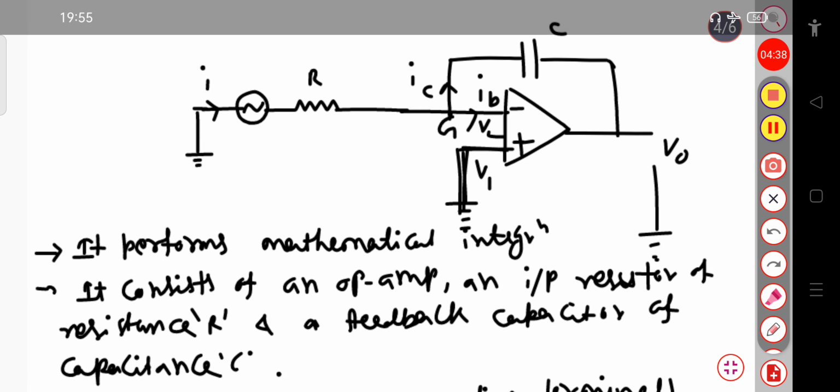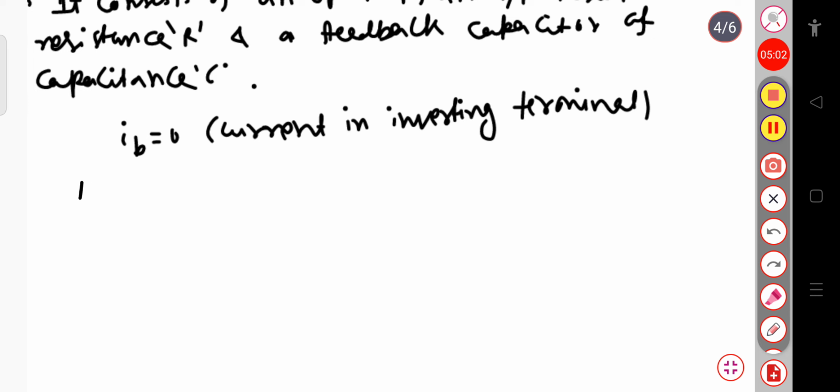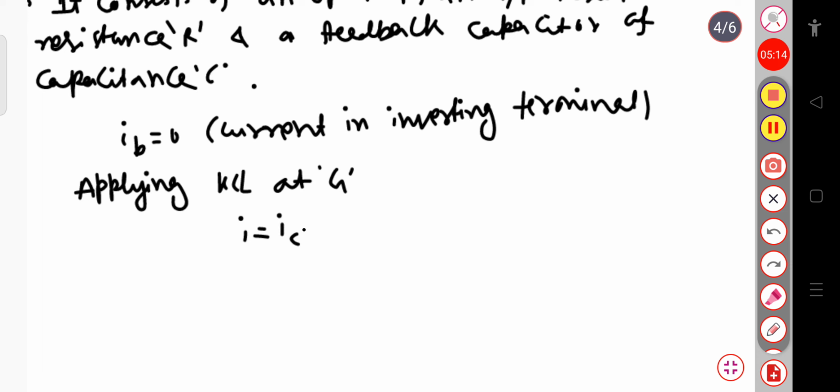Now let us see, if I consider this point is G, and if I apply Kirchhoff's current law at that point, for this current flowing, I will be equal to IC plus IB. Since IB equal to 0, so I can write I will be equal to IC. So now let me write, applying Kirchhoff's current law KCL at Z, I will be equal to IC plus IB. Since IB equal to 0, that implies we can write I will be equal to IC, where